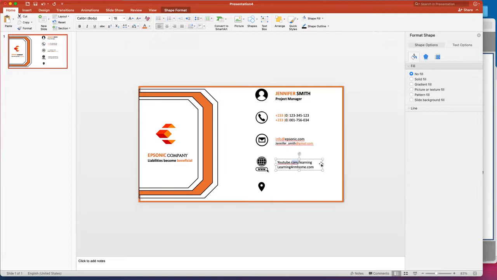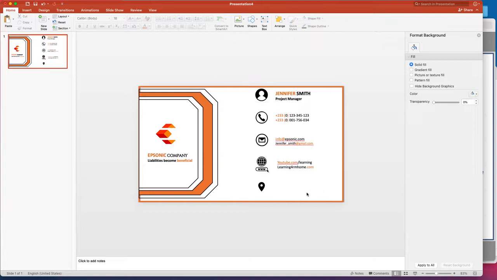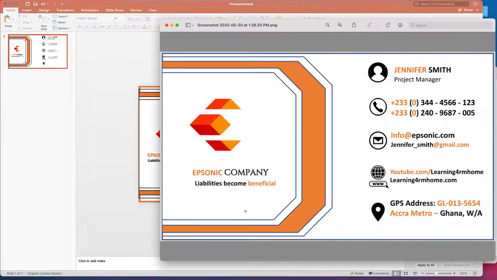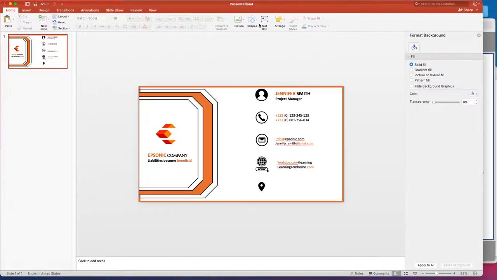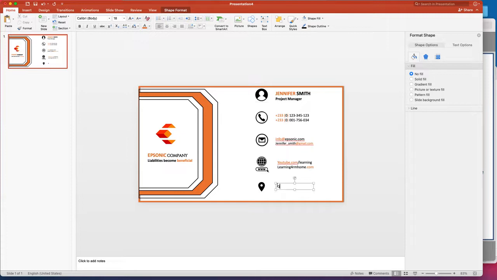A tip here is, let's give out the color, and let's give out the color as well. Okay, and the last part is going to be the GPS address. You go for the text box. Okay, and here, so GPS